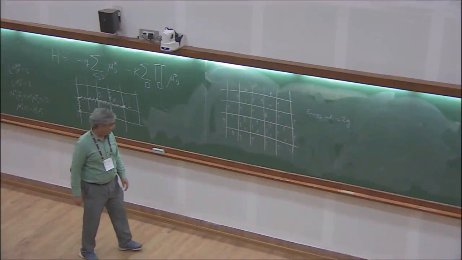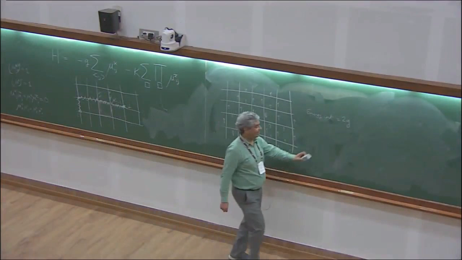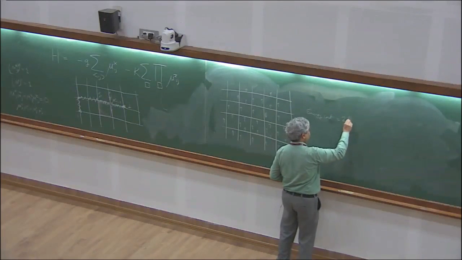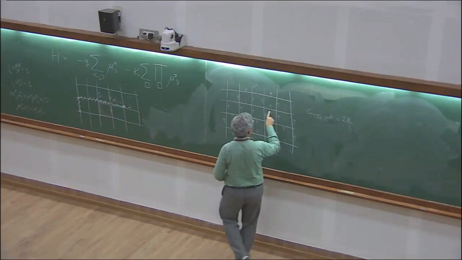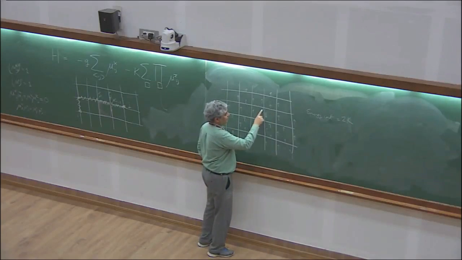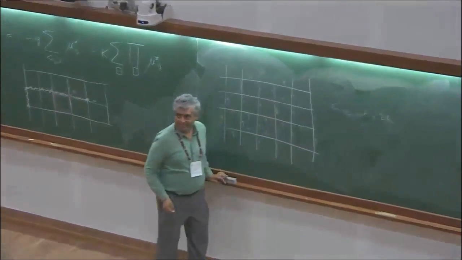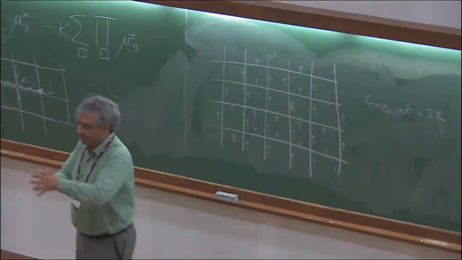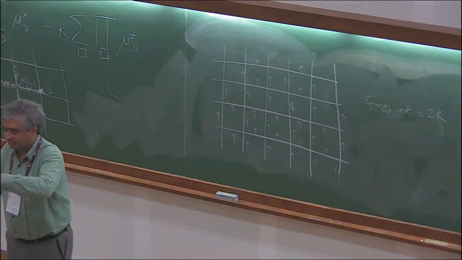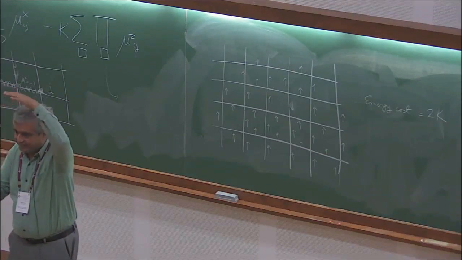Thank you, you're right. That's why I was so confused. It's a huge energy cost. It's 2K because this plaquette is expensive, that plaquette is expensive, all of this. So again, when you do degenerate perturbation theory, as Kedar showed us, you have to get these zeroth order states.